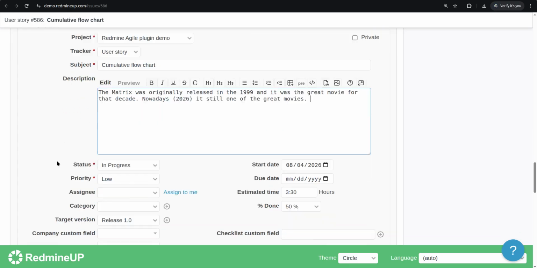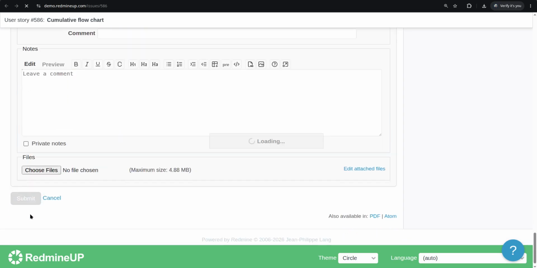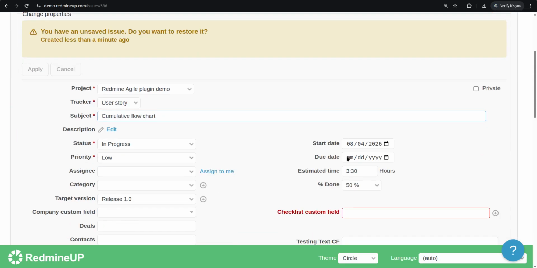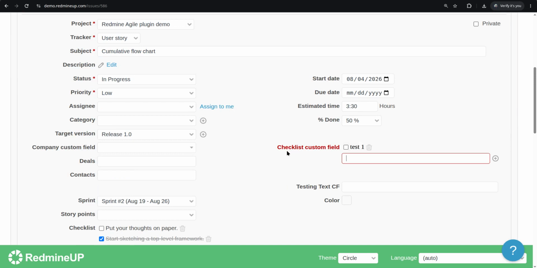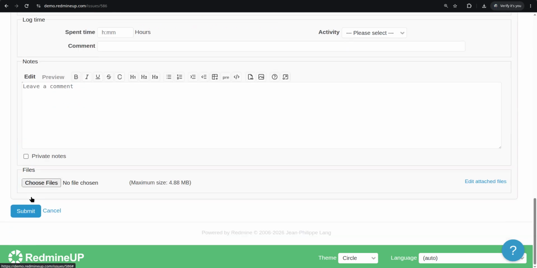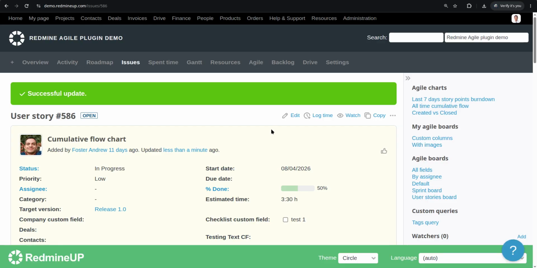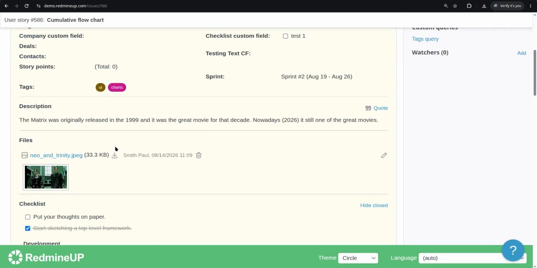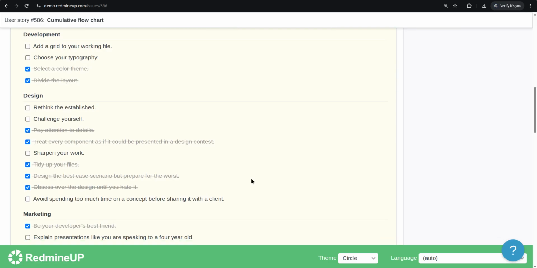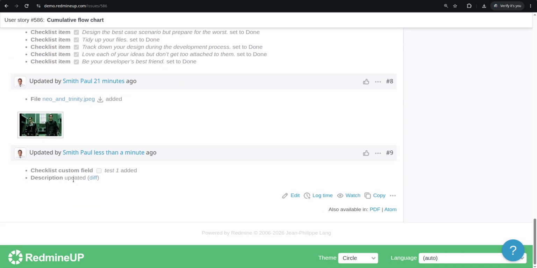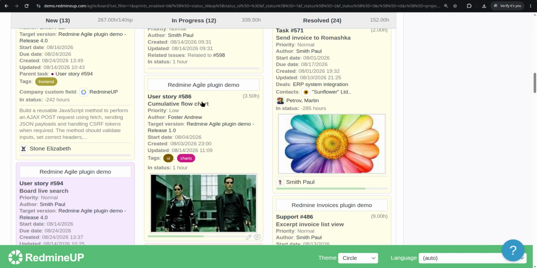So this is the description of this ticket. We click on submit. Oh, this one is required. We click on submit and see that the description of this ticket is about the matrix. Here is a picture of the matrix, and of course you can add some other things below. But when we go back to our Agile board and refresh it,